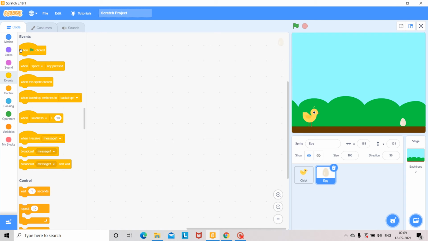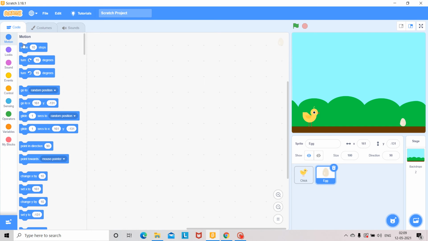So first you set the position of the egg by giving the motion block, at which distance the egg is at present: 161 and minus 131. So here, go to x 161 and y minus 131.